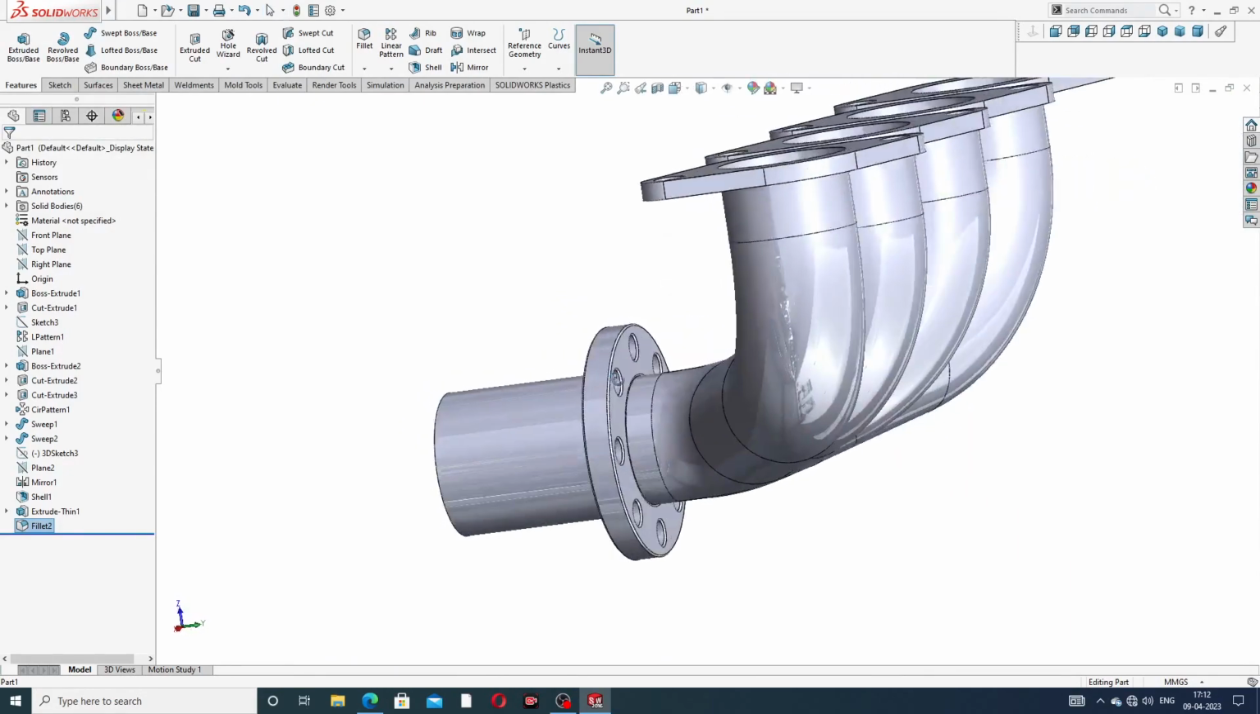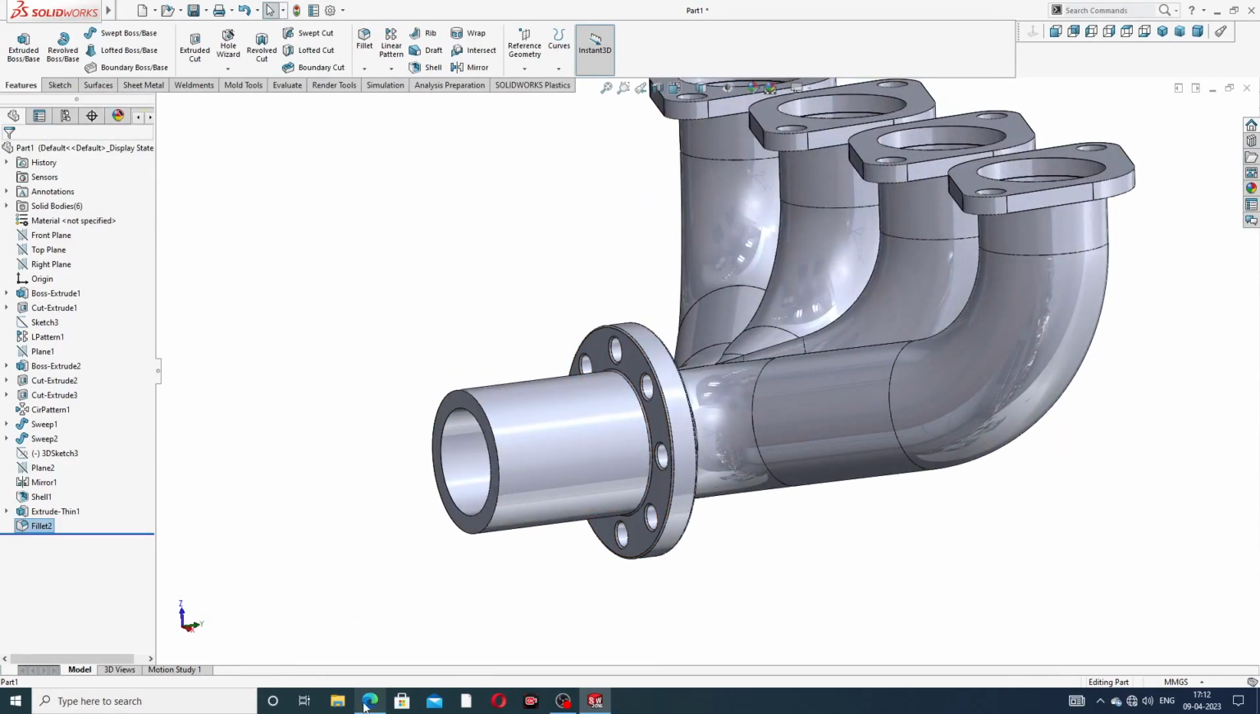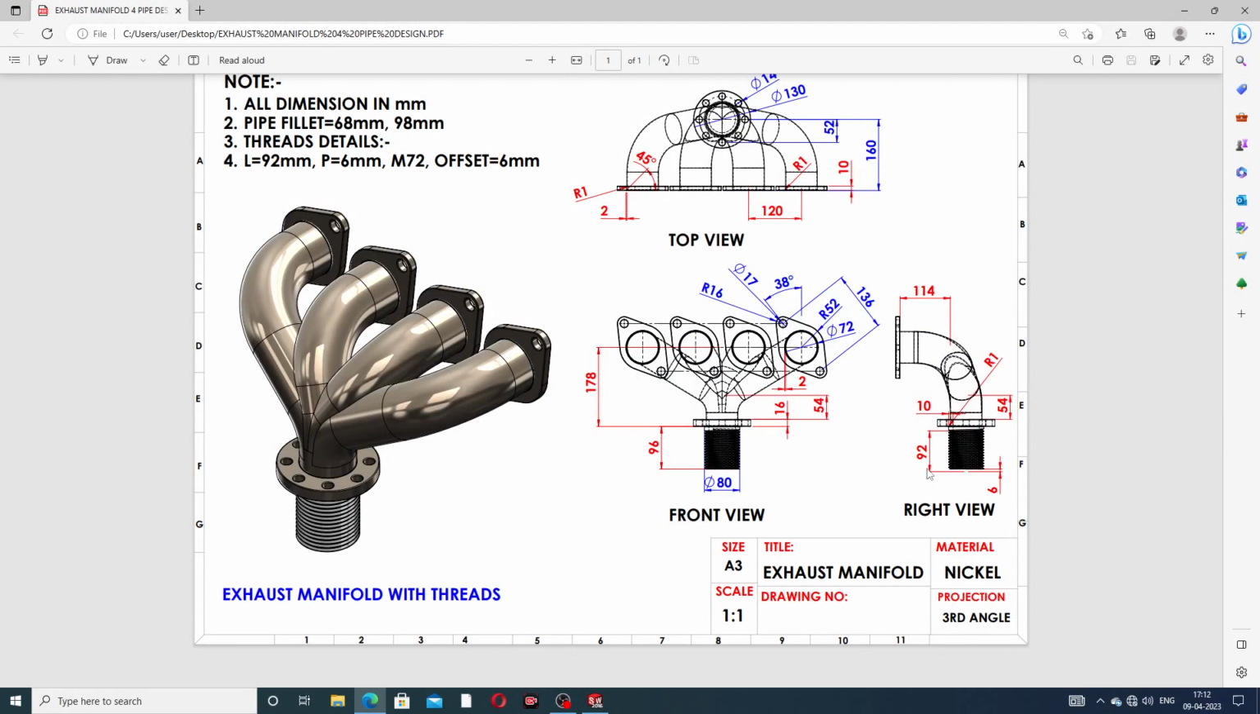And next is use a thread. Thread is used here. This is 92 millimeter, and this offset is 6 millimeter, and okay, pitch is 6 millimeter, and size is 72 millimeter. Okay,